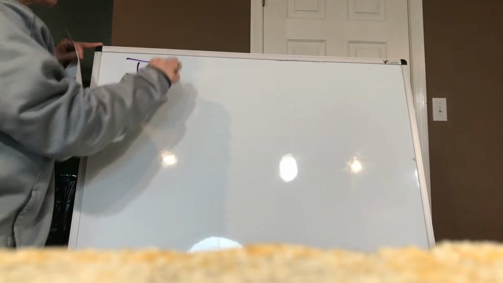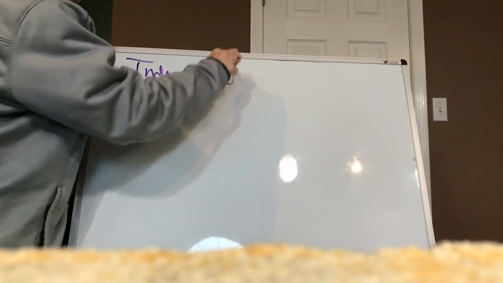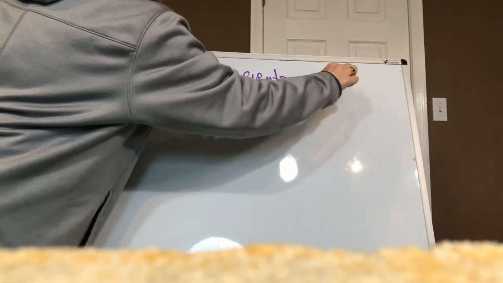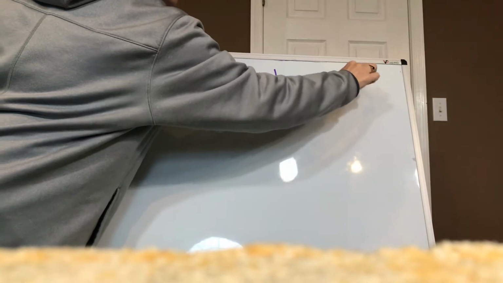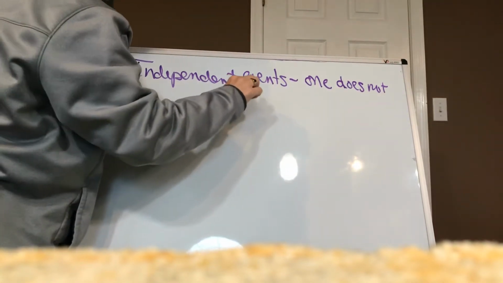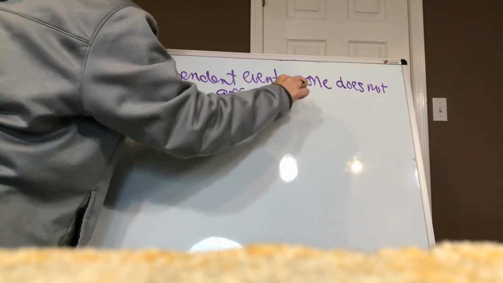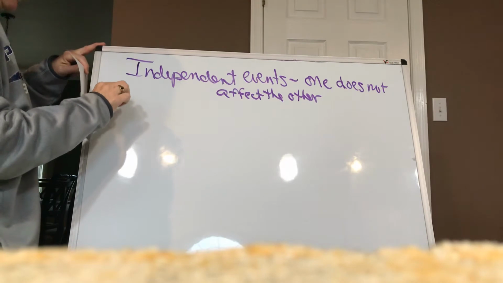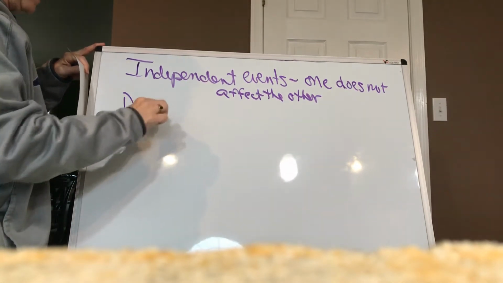Okay, last week we did independent. Independent events is when one does not affect the other. One does not affect the other. Okay? This week we are talking about dependent